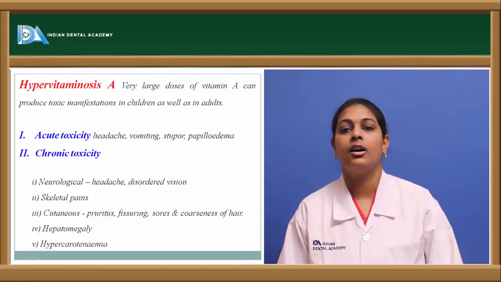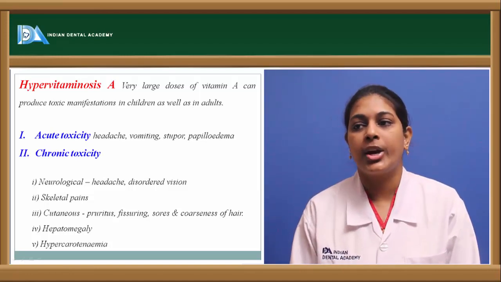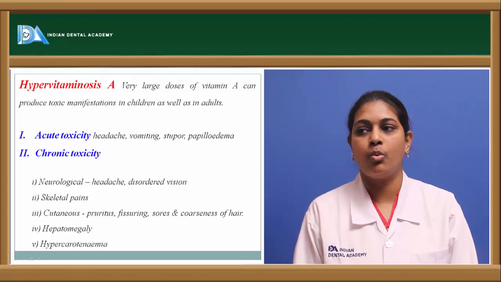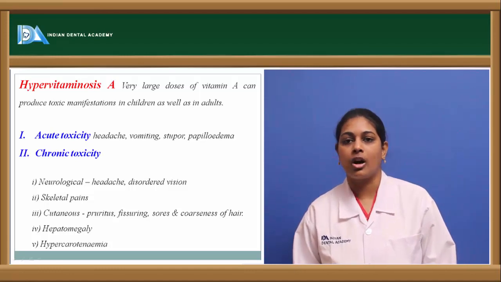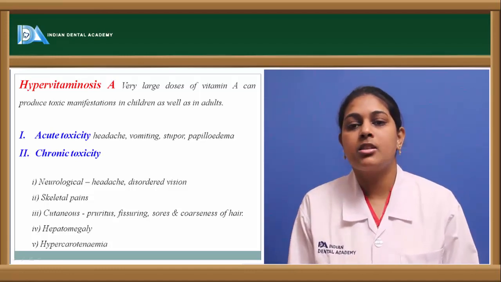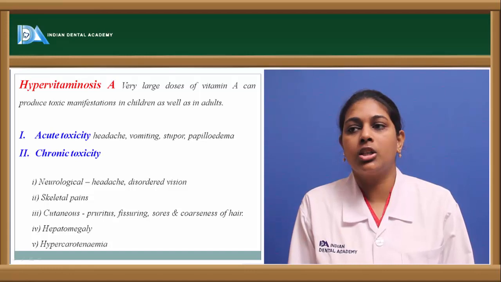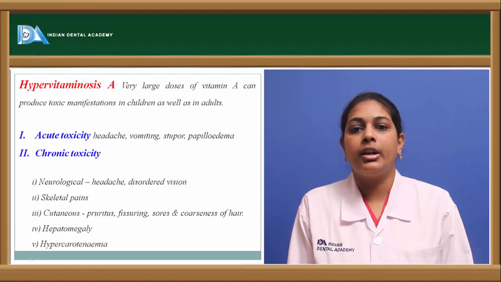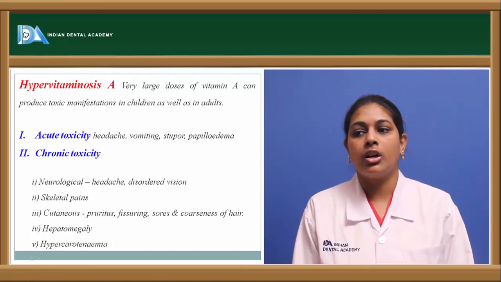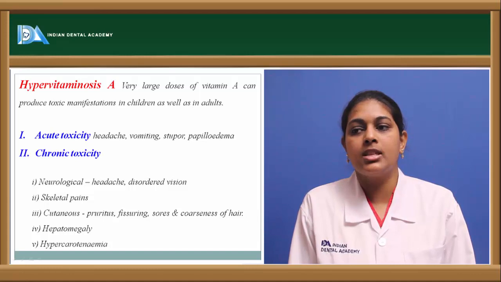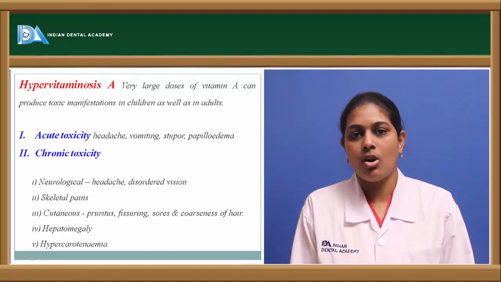Acute toxicity shows rapid changes in the form of headache, vomiting, stupor and papilloedema. Stupor is a condition where the patient is not conscious. Next comes chronic toxicity, where we see long-term toxic conditions, that is over-intake of vitamin A. It might result in neurological manifestations such as headache and disordered vision, whereas in skeletal